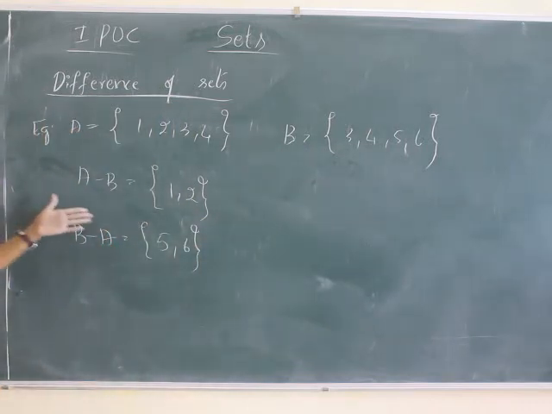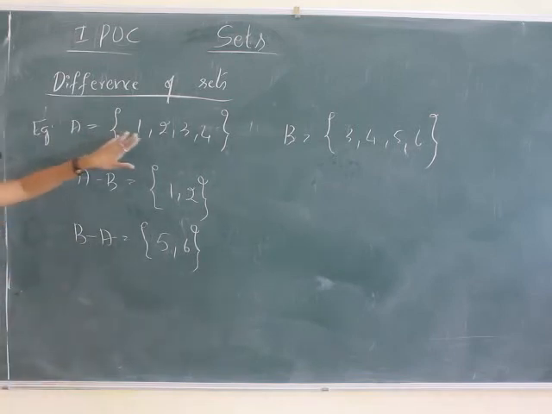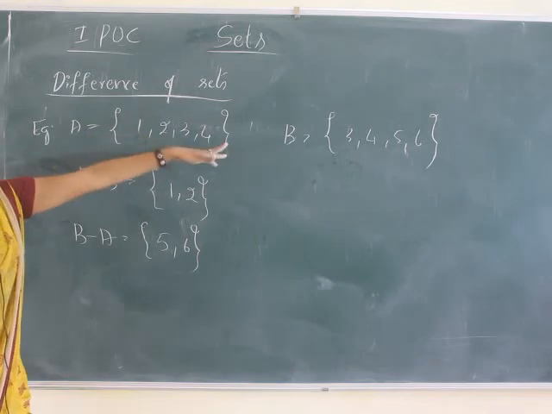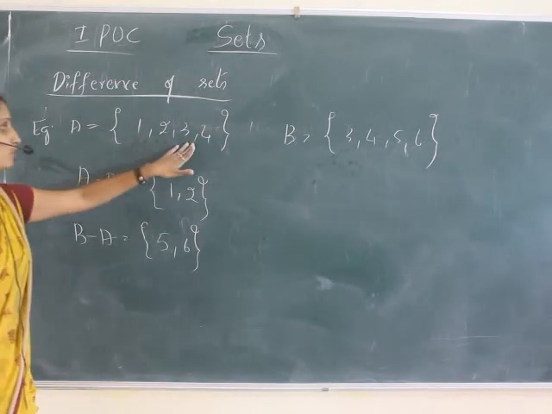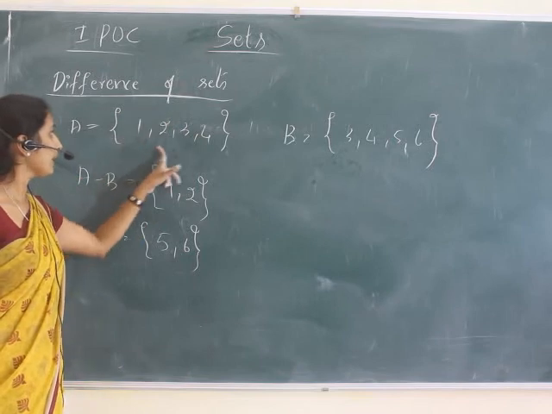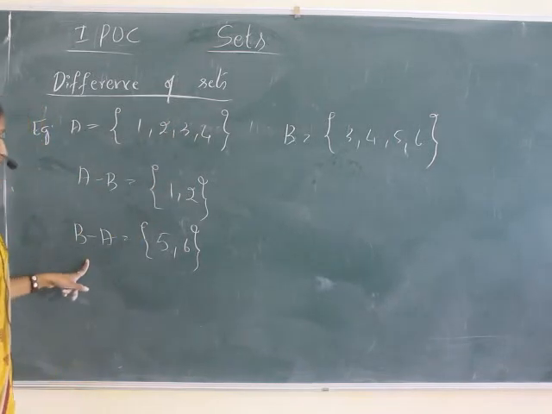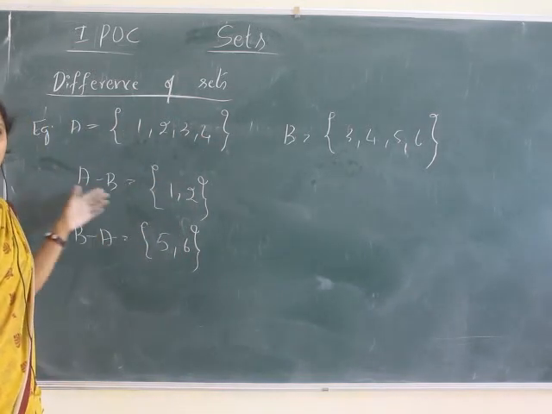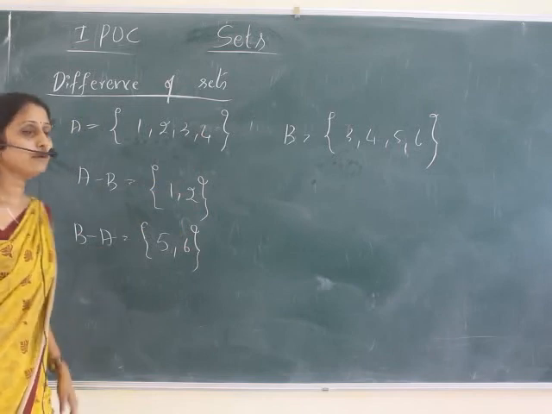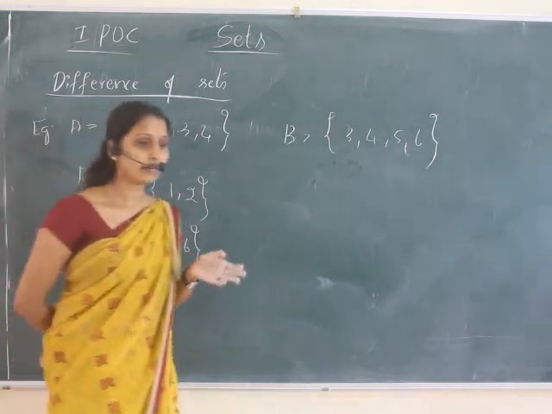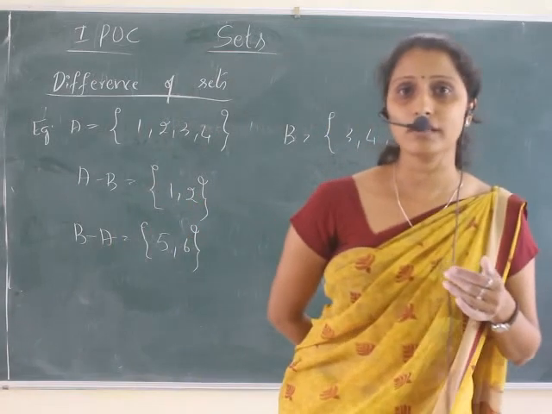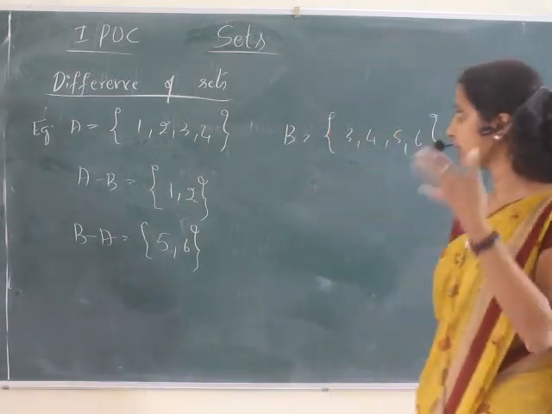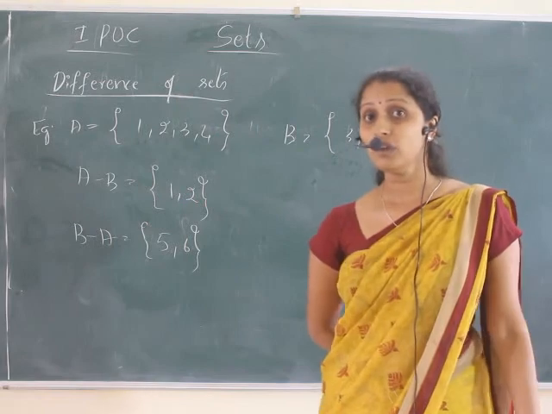So now after giving this example, I think you understood how it is. A minus B means the elements which are only in A, not in B. Only in A, not in B: 3, 4 belong to B also, so only in A the elements are 1, 2. B minus A means only in B, that means 5 and 6 only. Then 3 and 4 belong to A also. So this is about A minus B and B minus A. I'll explain this concept once again also. So see all these examples and write the definitions and send the notes.